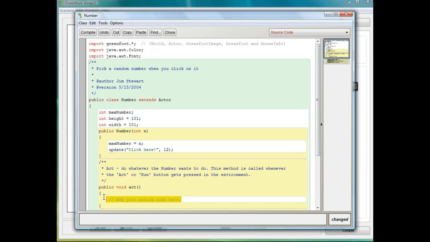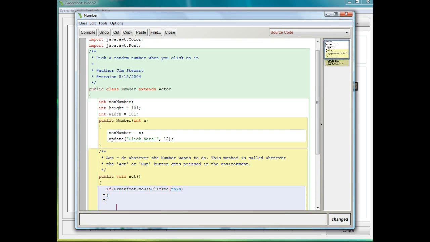And then down here in the act method, what I want to do is, first I want it to only happen if I click on it. So the way in Greenfoot to make something work when you click on it is I say if Greenfoot mouse clicked this. That just means that if I click on this with my mouse,